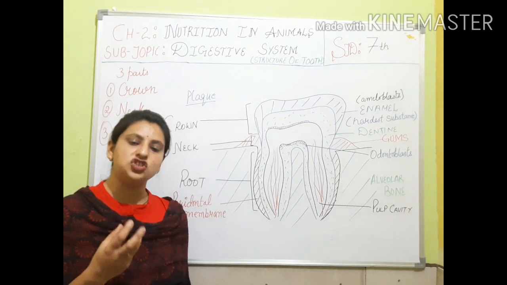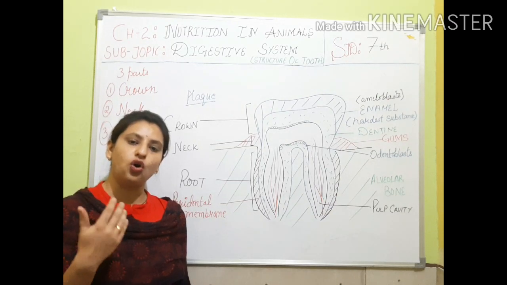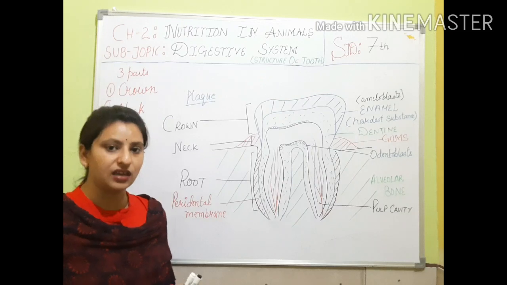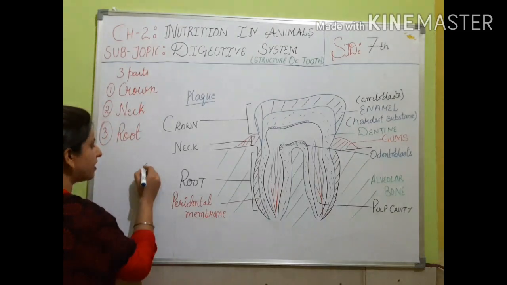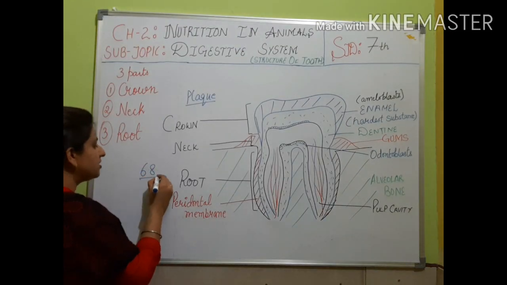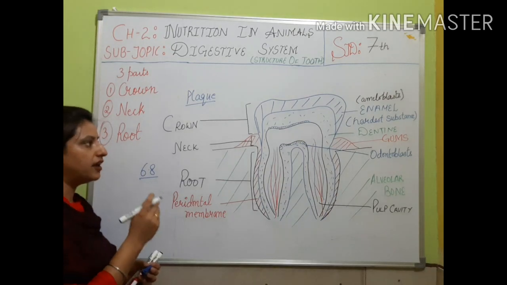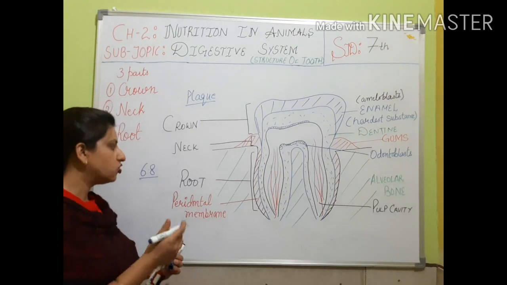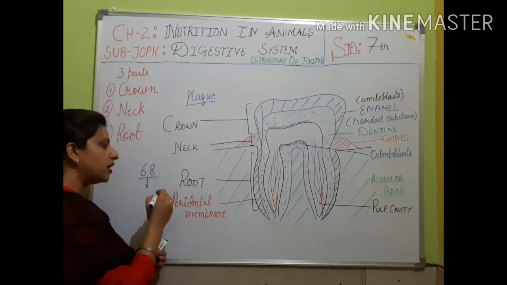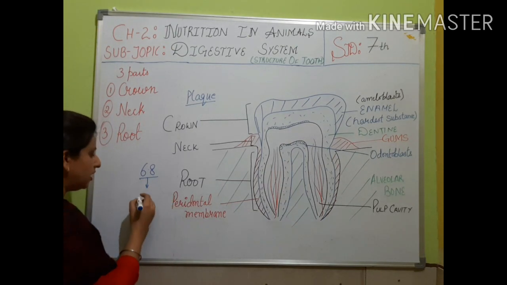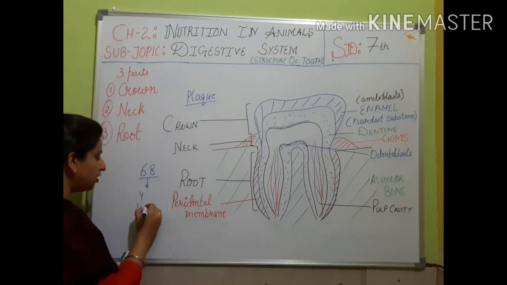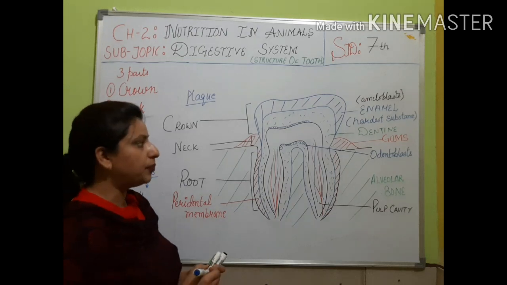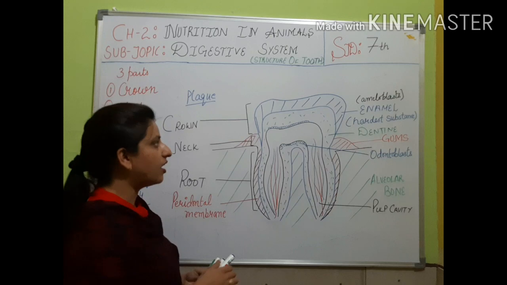The saliva present in our mouth is already slightly acidic in nature, with a pH of 6.8. When acid is released by the action of the bacteria, it becomes more acidic and comes down to 4 or 4.5. At that time the enamel starts